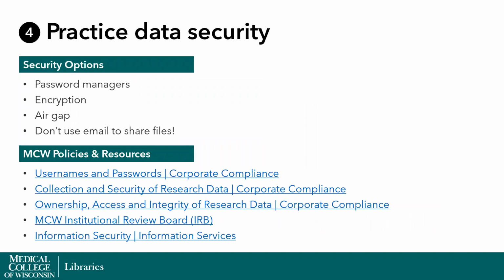So some ways that you can practice good security: using password managers to create very strong passwords, encrypting files that need to be more secure. An air gap can be put into place if you've got data that you don't want connected to a network at all. So MCWIS can help with that. And very importantly, don't use email to share your files. That is not secure and it's bad practice. So if you're sharing files, you should find other ways to share them, perhaps using something like MCW's Box, where you can allow access to those files, or contacting MCWIS just to get their best